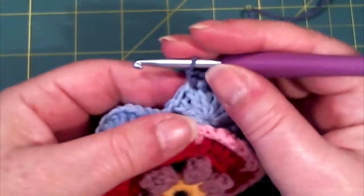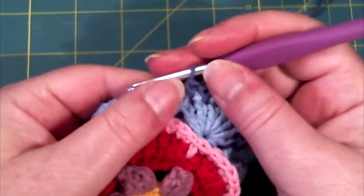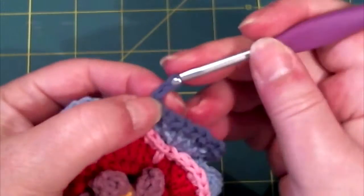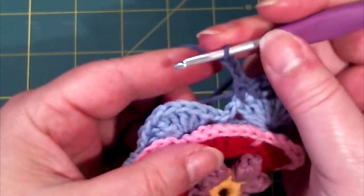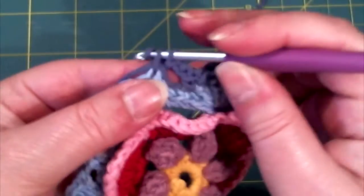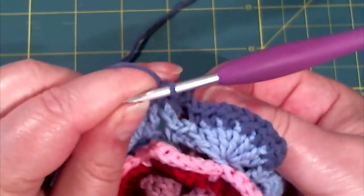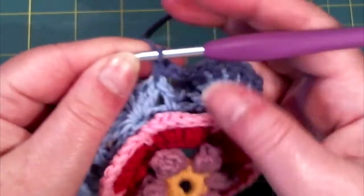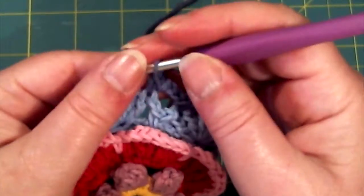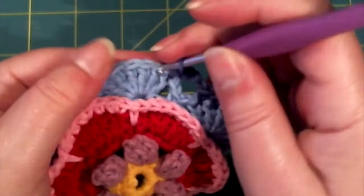Then we need to single in the next stitch and chain 3 and single in the first double crochet again. Yeah, oops, I need to put my yarn in back. Then we need to make single in the next stitch